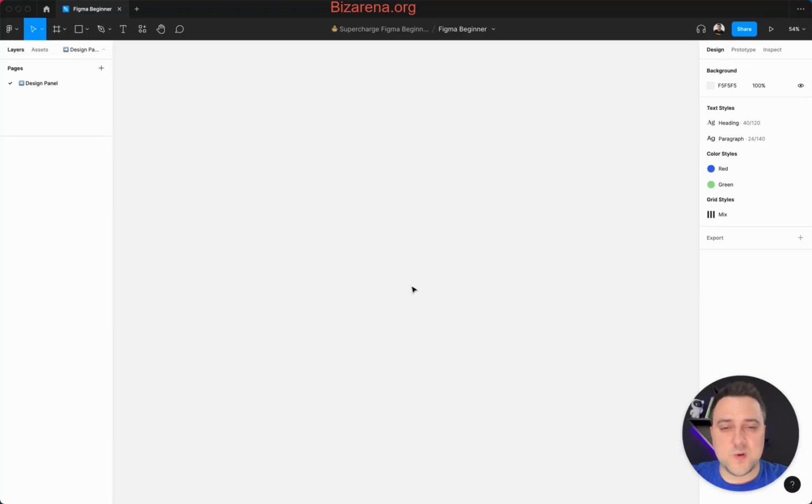Auto layout is one of the more advanced options that we have in Figma, and it allows you to really efficiently work and scale your UI elements based on the content that's inside of them, or based on the frame that they're in. So I'm gonna demonstrate auto layout a little bit in here,